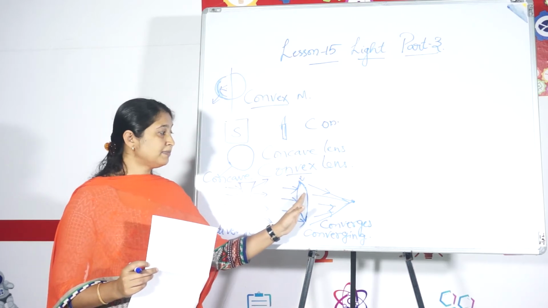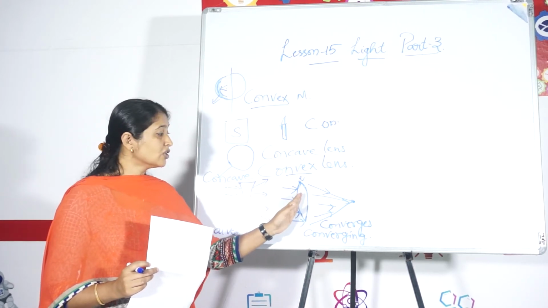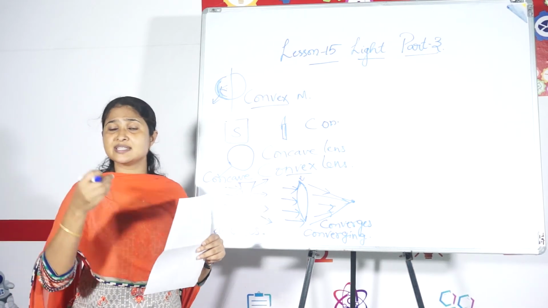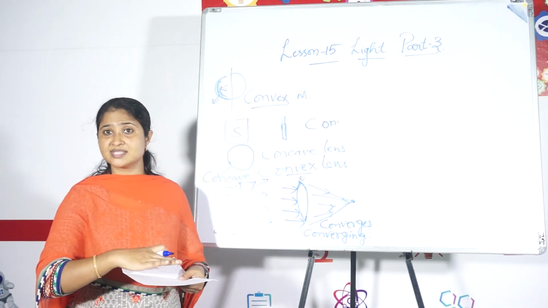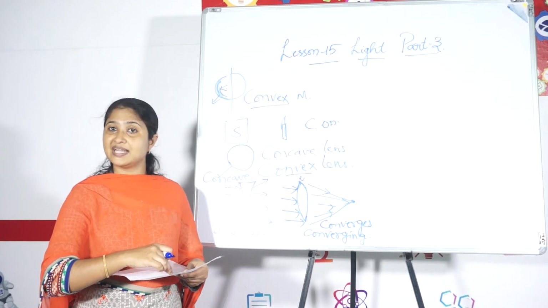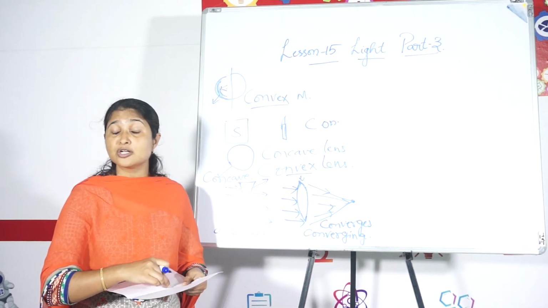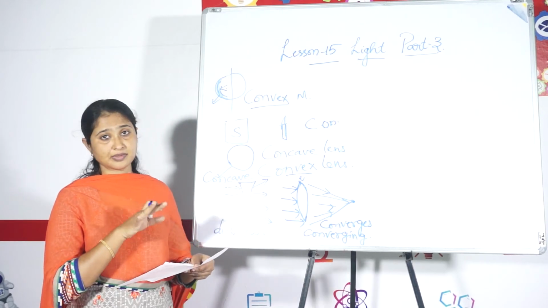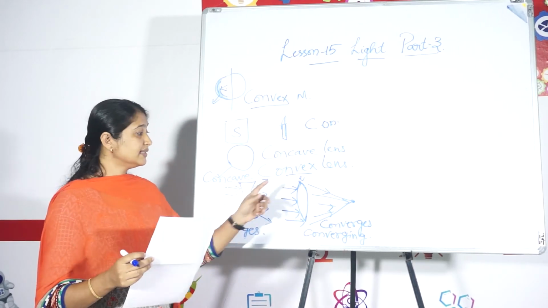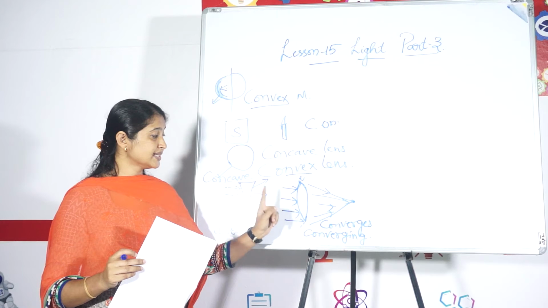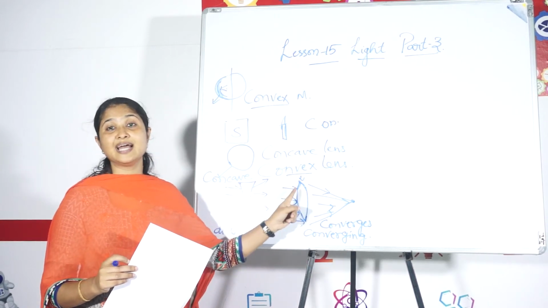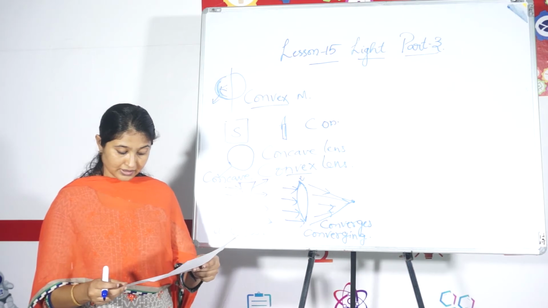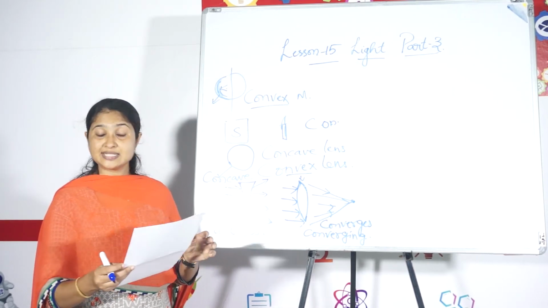But in place of the concave lens, you put a convex lens and try to bring the image of the sun onto a sheet of paper outside. You can find a point over there. One bright spot is brought on the paper. That is nothing but the image of the sun. That is because the lens is a converging lens. All the light rays are brought to a point. That is it.